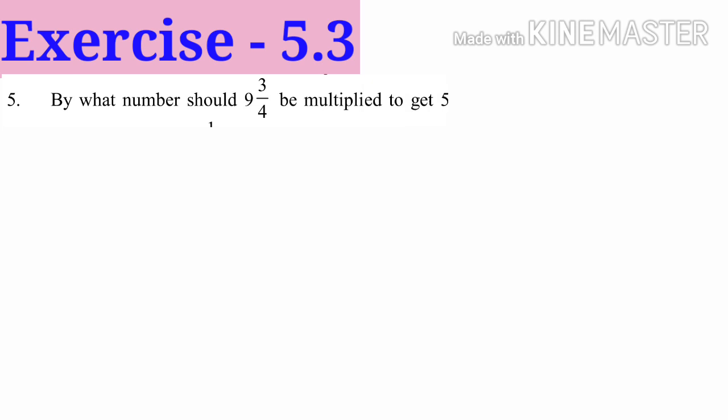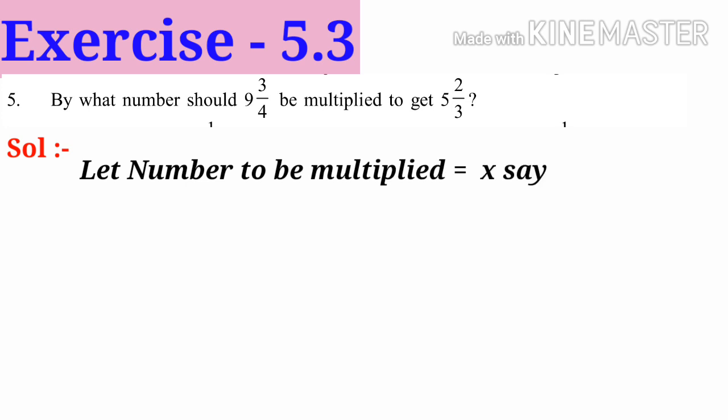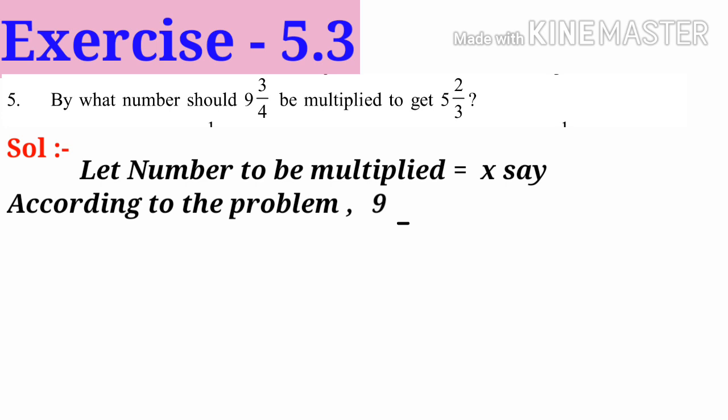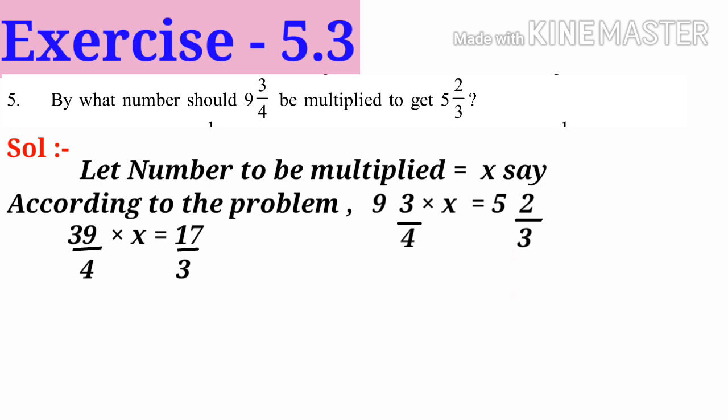Fifth problem. By what number should 9 3/4 be multiplied to get 5 2/3? Solution. Let the number to be multiplied be x. According to the problem, 9 3/4 into x is equal to 5 2/3. Now convert it into improper fraction. 4 9 ja 36 plus 3, 39/4 into x is equal to 3 5 ja 15 plus 2,